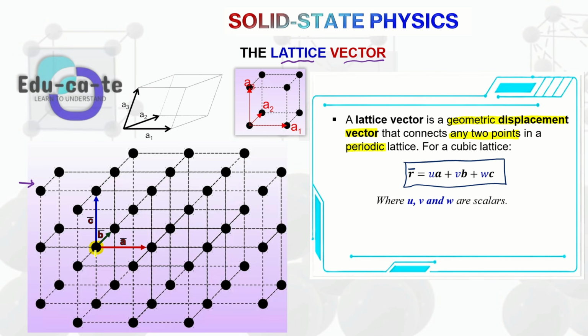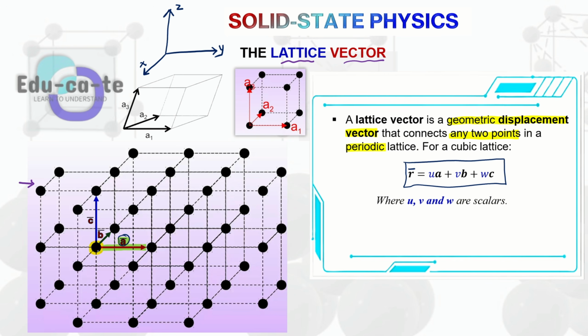And I know that from this point, I've got a lattice vector A. The lattice vector A is the red one, the one that moves kind of along the x-axis. If you're going to use a coordinate system here, we can say that our z-axis goes up vertically, then we have our y-axis going horizontally, and our x-axis moving diagonally. So in this particular case, we can say that the vector A is along the x-axis.